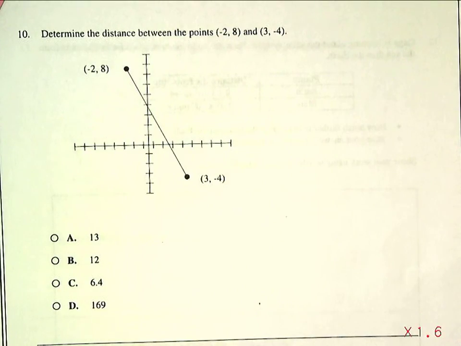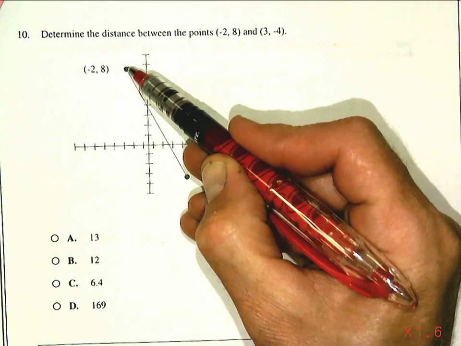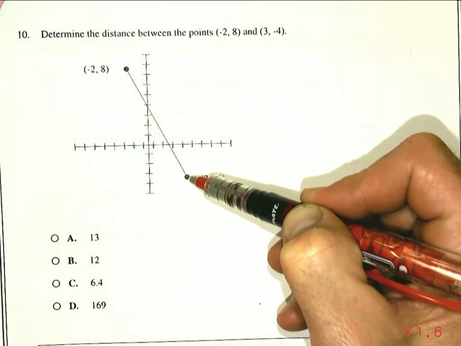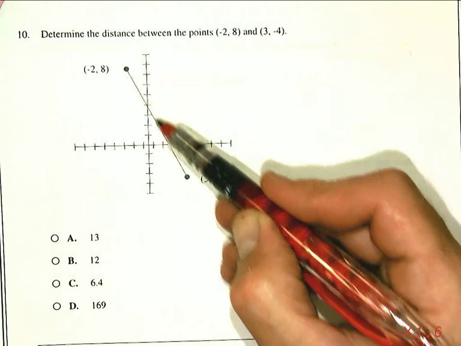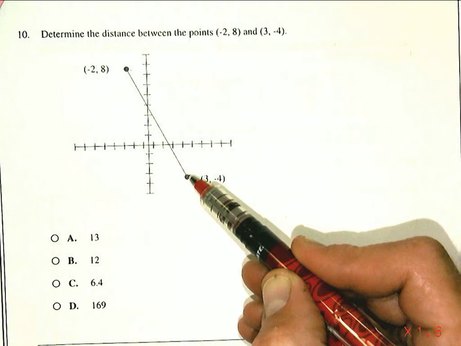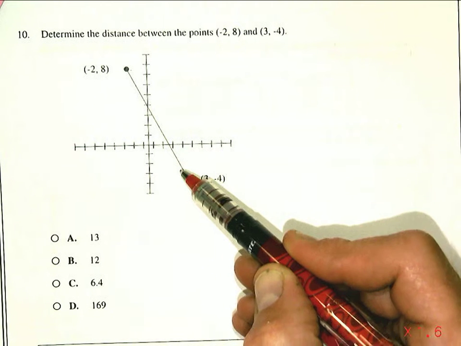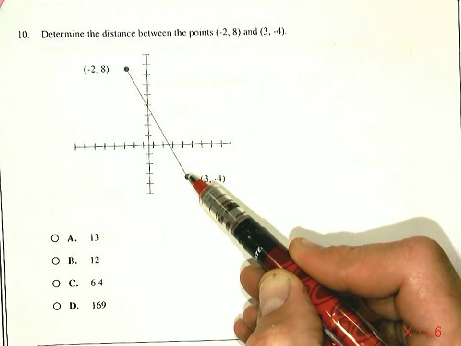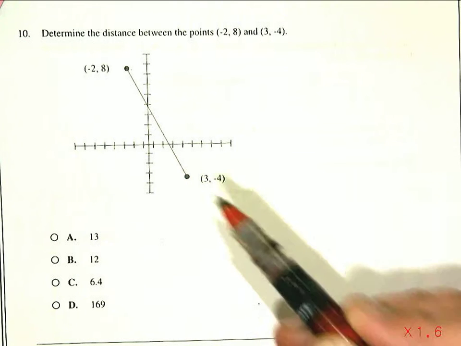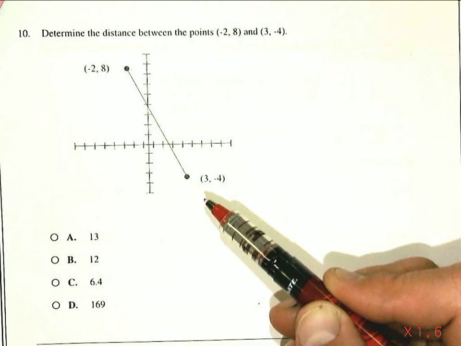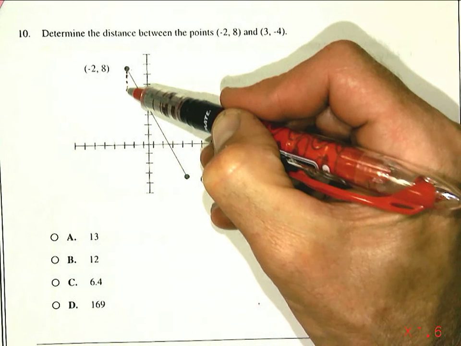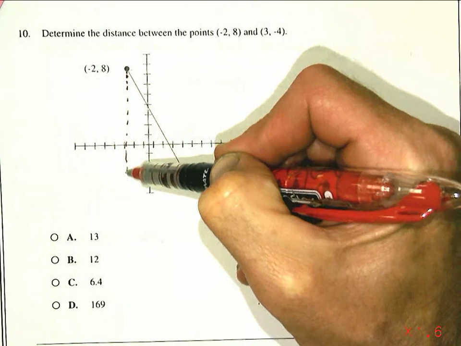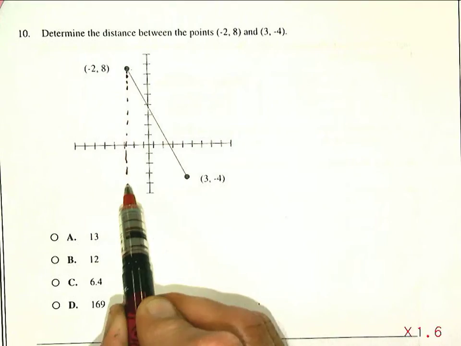In problem number 10, we are given 2 points that connect 2 other points, and the question is, what's the distance between these 2 points on the line? Whenever you see a distance between 2 points problem, you should think Pythagorean theorem. In other words, if I think of this as a right triangle, so if I come down to this point